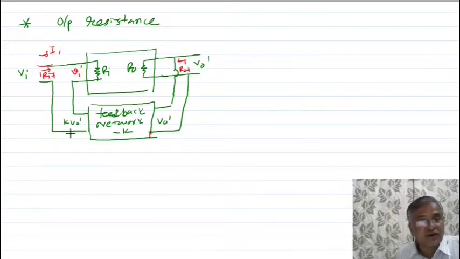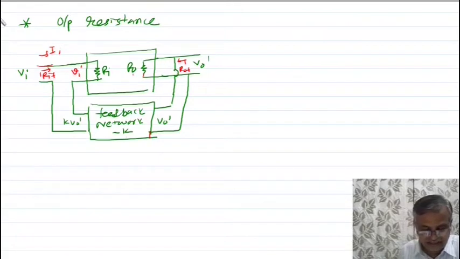This is a block diagram of a transistor amplifier with voltage series negative feedback, as shown in the figure. The effect of the feedback on the output resistance depends upon the way in which feedback is given. For voltage series and voltage shunt feedback, output resistance decreases. For current series and current shunt feedback, output resistance increases. We have to derive the equation only for voltage series negative feedback.